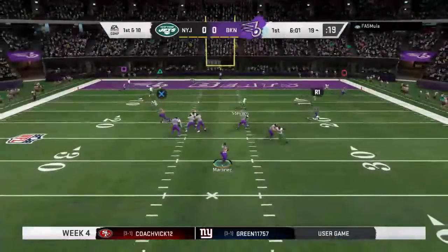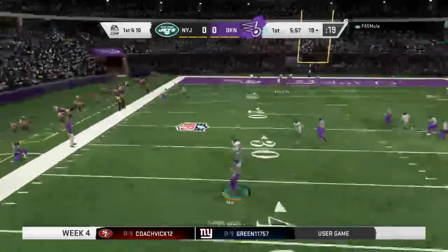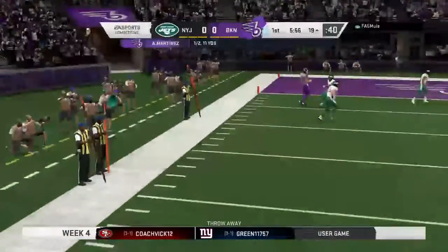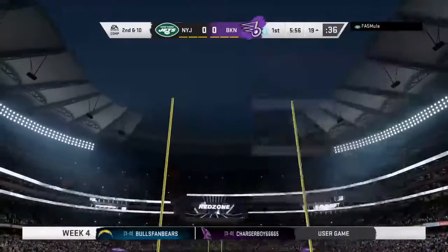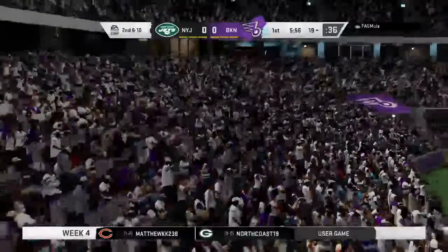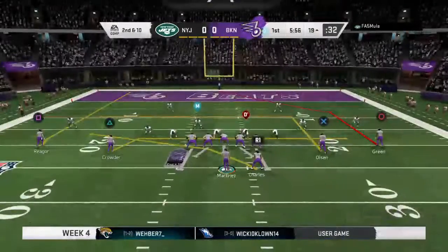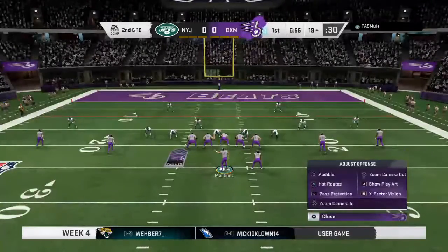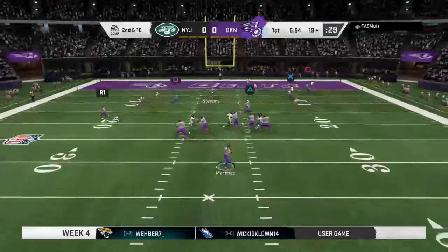Here's Martinez. From the gun, he'll throw. Buying time to his left. And he just throws this one away. Smart decision here this close to the end zone, and it brings up second down. Oh, I like that right there. Not only was it the right play, throwing it away like that, frankly, I think it was the only play. Yeah, got outside of the pocket, realized he had nothing, just chucked it free. Yeah, live to fight another down,